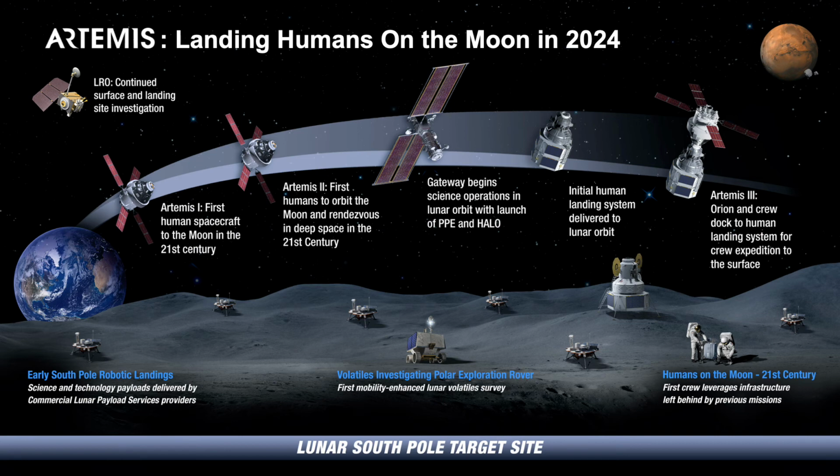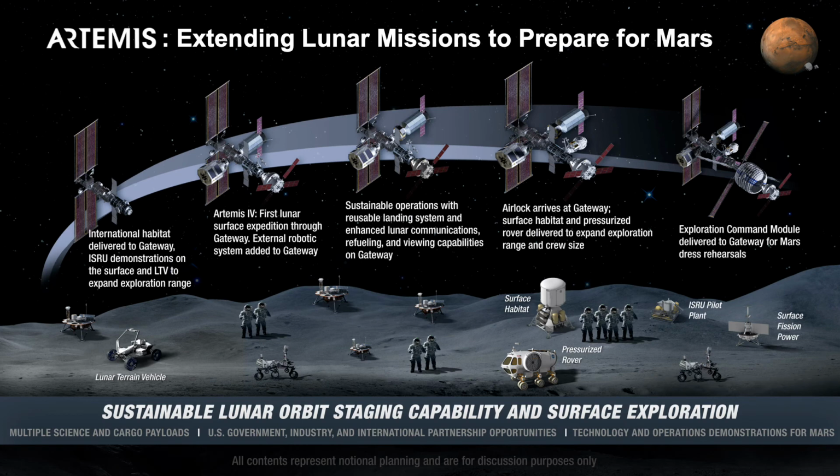In the meantime, we're developing a staging area, a gateway, if you will, for which we will, with Artemis 3, dock, and then from the gateway go down to the moon and land and begin that exploration by humans. In the meantime, we will be also exploring the moon with a variety of robotic spacecraft. After Artemis 3, we have designs of